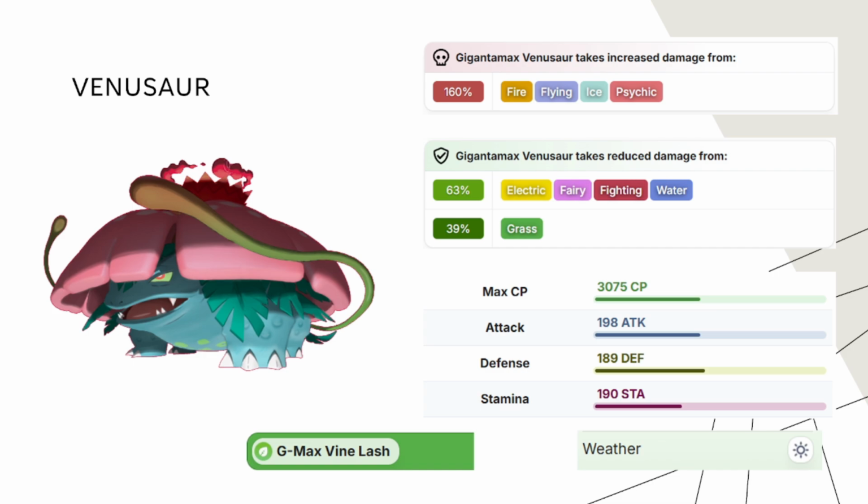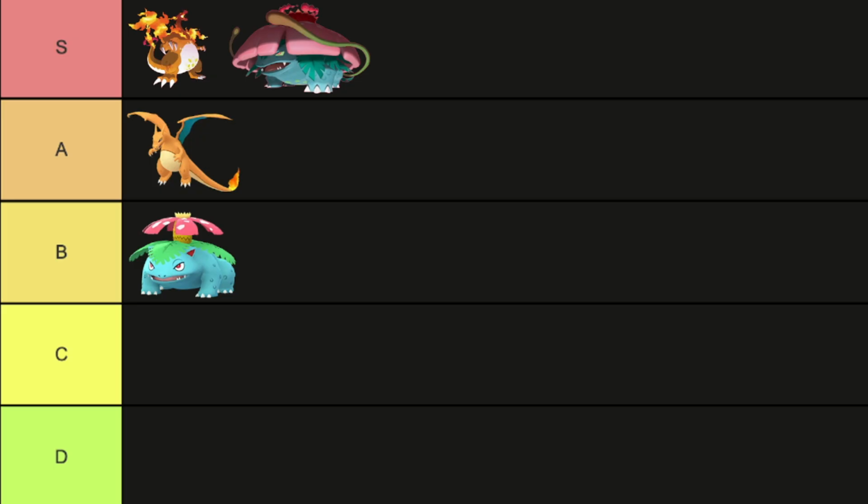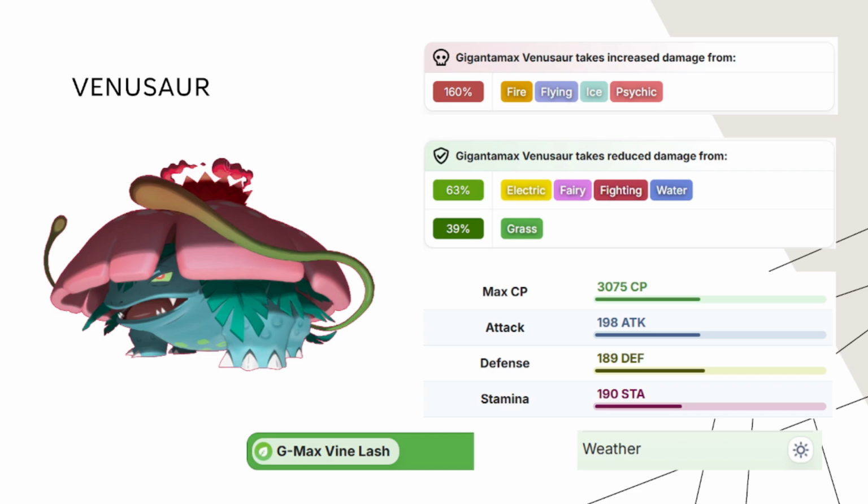Alright, next is Venusaur. Venusaur is weak against fire, flying, ice, and psychic, and resists electric, fairy, fighting, and water, and has double resistance to grass. Grass is its main attack in the Gigantamax. It has other uses as well. Overall, its stats are pretty middling, but because of its overall average amount, it's below Charizard,